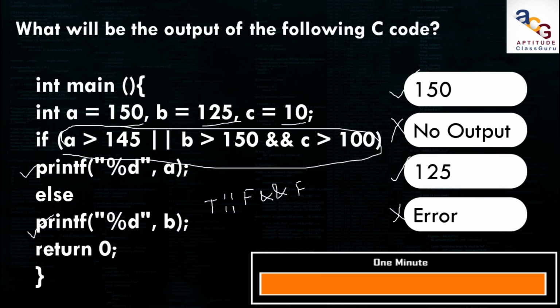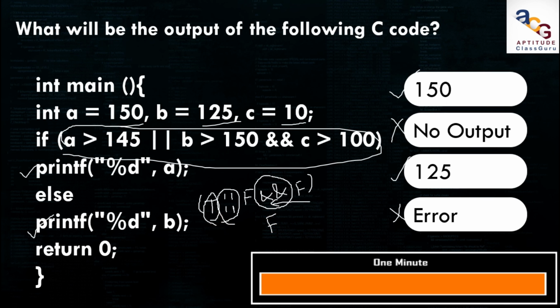So in this logic, we have to find whether the output will be true or false. Remember that the logical AND operator has a high priority, so the statement runs from the right-hand side. Why? Because the logical AND operator has a high priority. So false and false returns the value false, and the second priority goes to the OR operator.